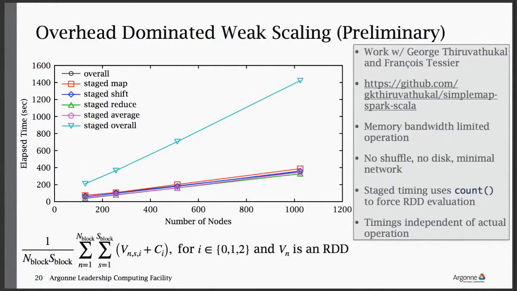So we're really measuring the overhead, and it looks like we're measuring it quite accurately, such that all the stages, no matter what you do, whether it's a map or reduce or adding, take constant time. And the overall time is just 4 times that, since there are 4 different stages. So this is what we got, and yes, you can run a large number of nodes on Theta